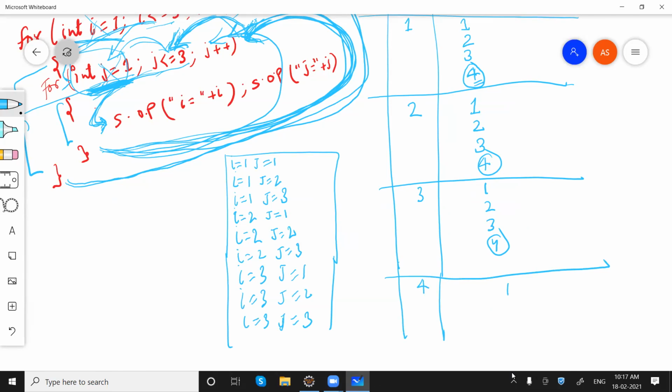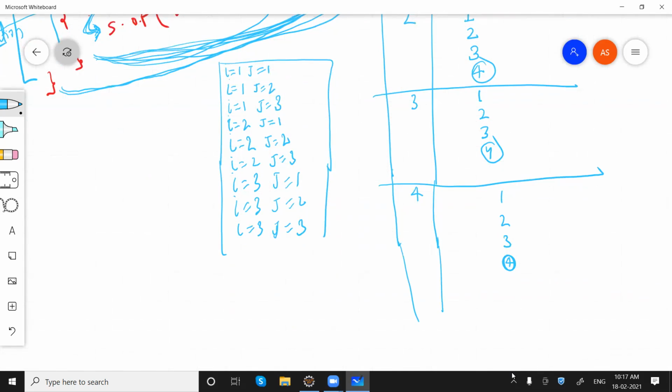So for i value 4 we will get 1, 2, 3 and 4. This will be the false condition, right? And the output will look like i is equal to 4, j is equal to 1, j is equal to 2, j is equal to 3, right?